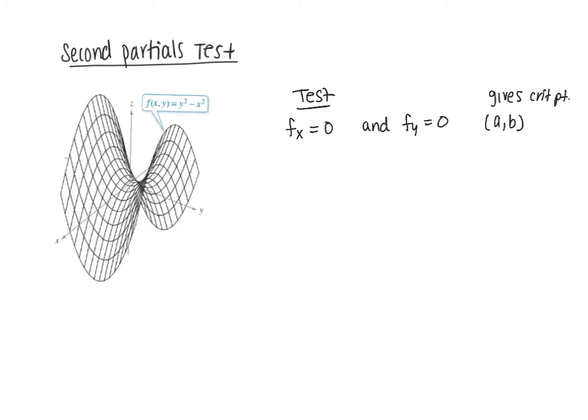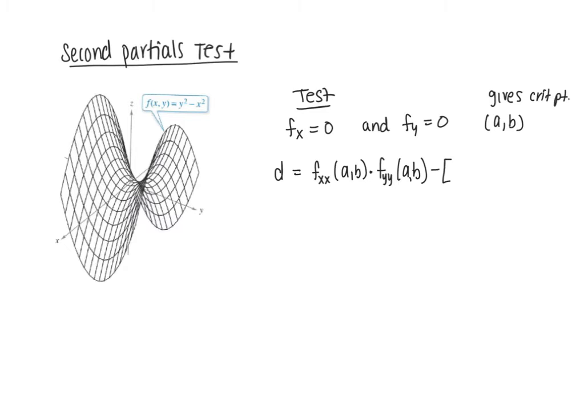Then we're going to consider a new variable. D is going to be the second partial f xx at (a, b) times the second partial f yy at (a, b),